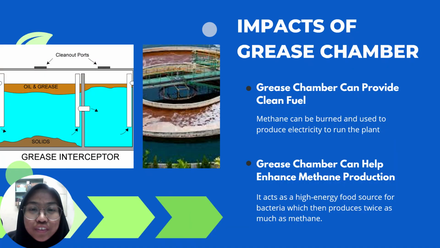I will continue with the environmental impact from the application of the grease chamber in the wastewater treatment plant. Many wastewater treatment plants are already creating their own sources of energy from sludge left over from the wastewater treatment process. Just as decomposing food waste in landfills produces methane, anaerobic digestion of sludge at treatment plants also creates the greenhouse gas. When captured, methane can be burned and used to produce electricity to run the plant, reducing the dependence on fossil fuel to generate energy, as well as cutting the costs, which is the target of most